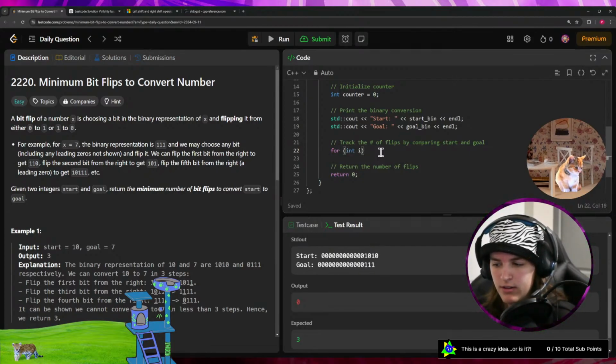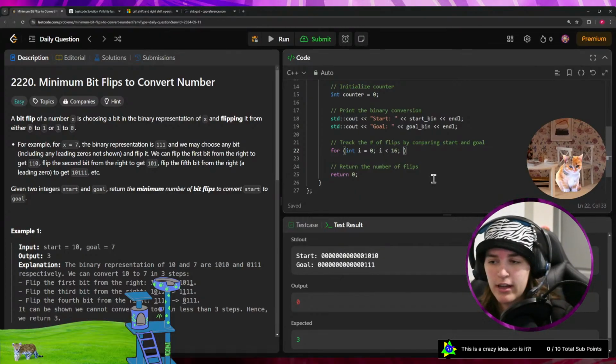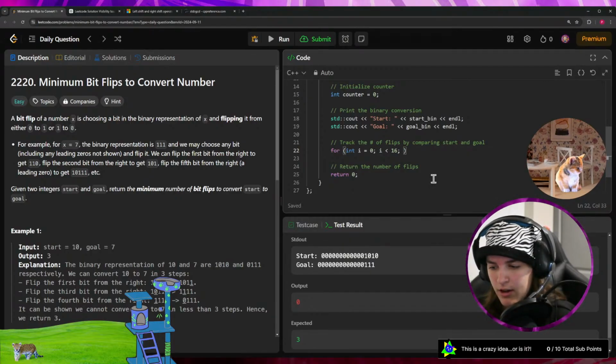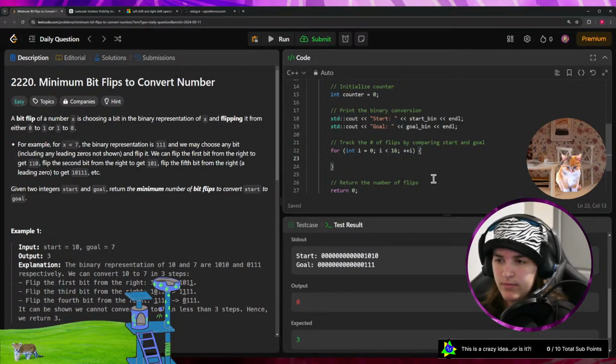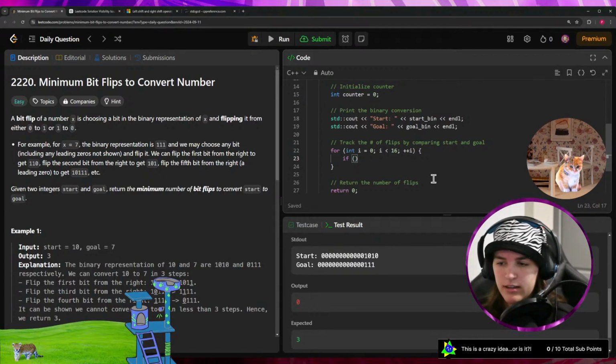So we'll do int i equals 0. We'll do i is less than 16, because there's 16 bits there. We want to do less than 16 because the index starts at 0, so it's actually 15. Okay, and then I'll go ahead and increase i. Perfect. Now I'll do the if statement, where I'm just going to compare if the indexes are equal or not, and if they're not, then up the